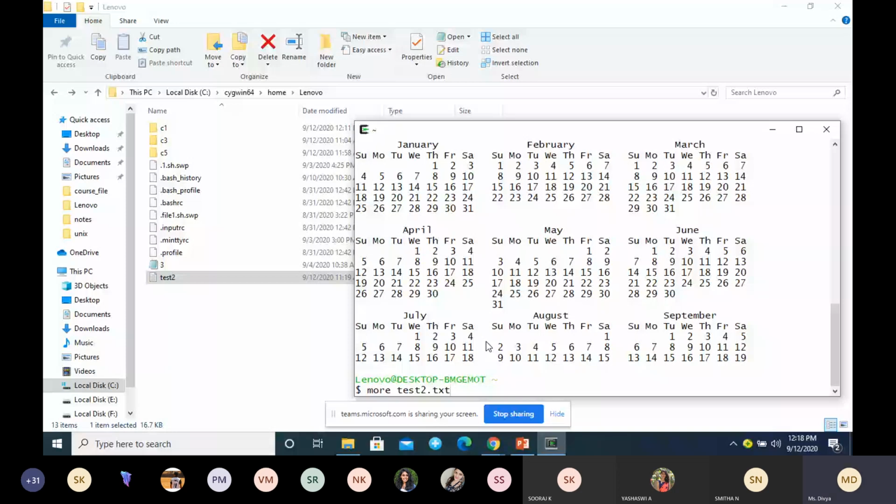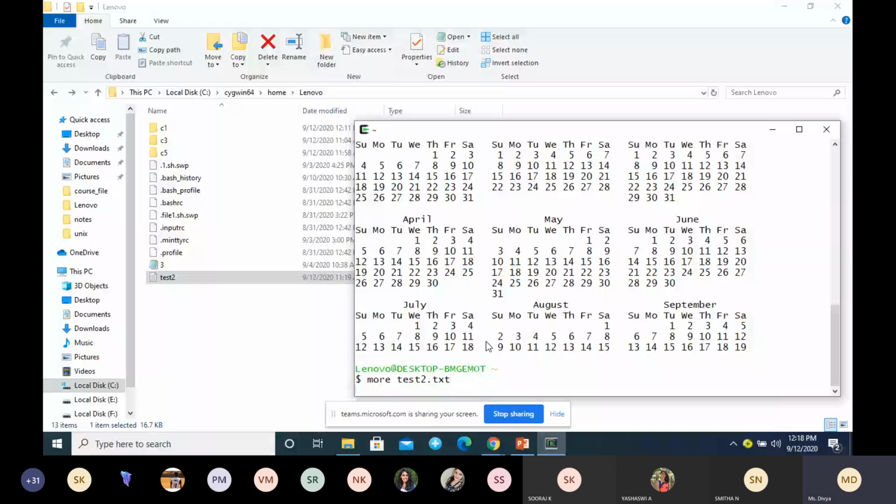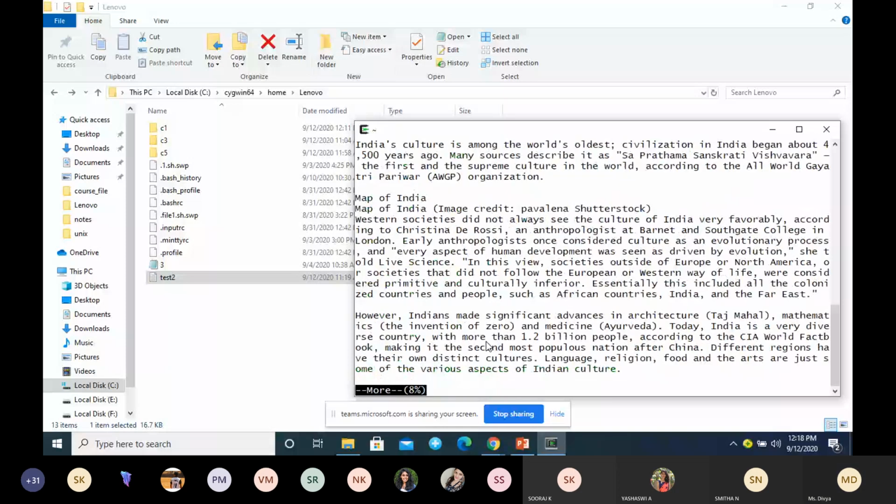This command will display one page at a time. You can see here it displays in terms of percentage. 8%, out of the complete file it is displaying only this much.